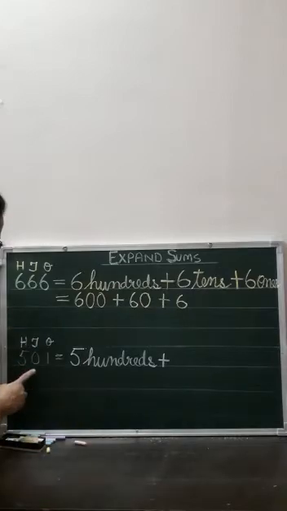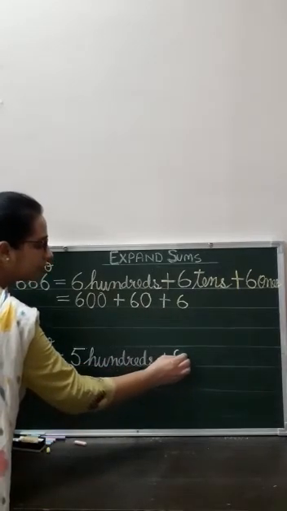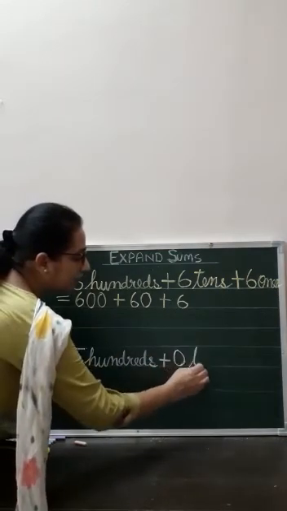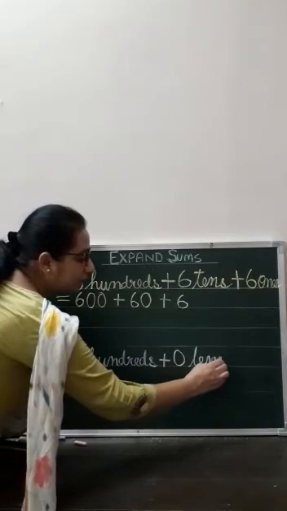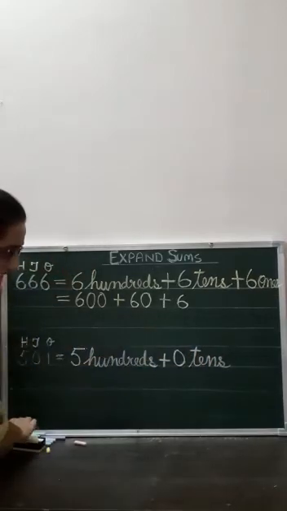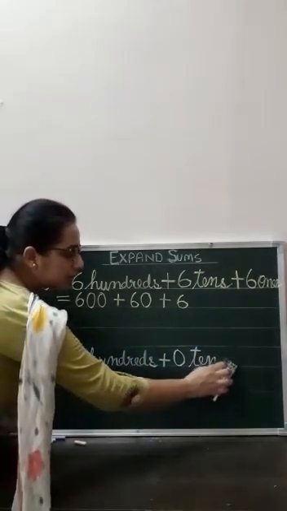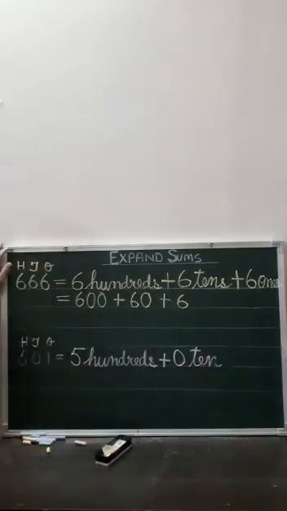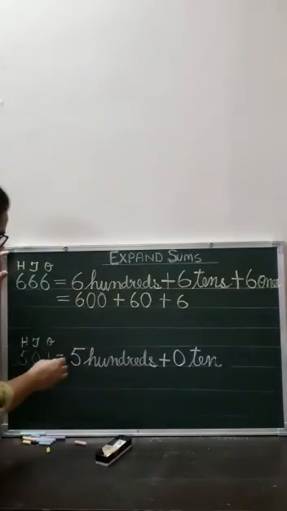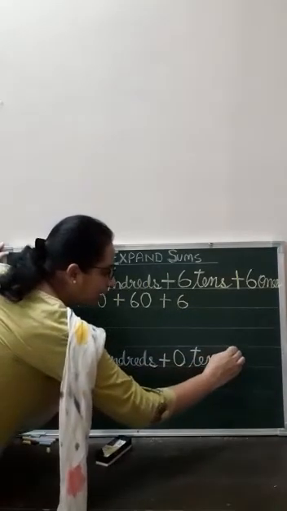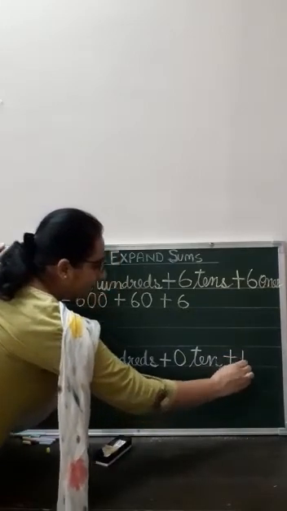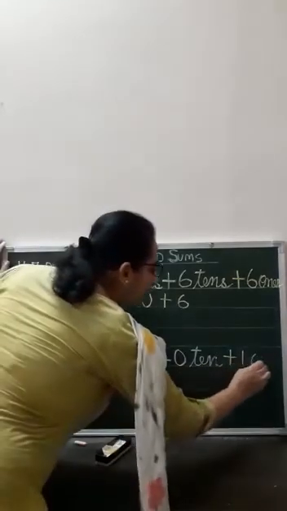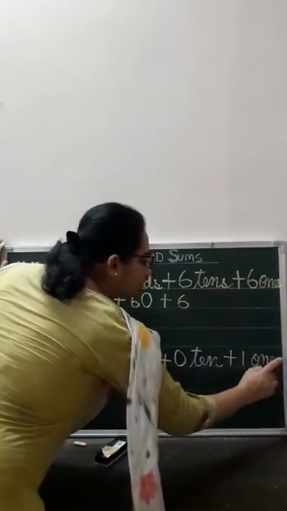So now in the next step we have 0. 0 is on which place? 0 is on tens place. We will not write tens along with it because with 0 and 1 there is no need to write it. Okay. Now the next number is 1. Put a sign of plus, then number 1. 1 is on which place? It is on ones place. No need to write it here.